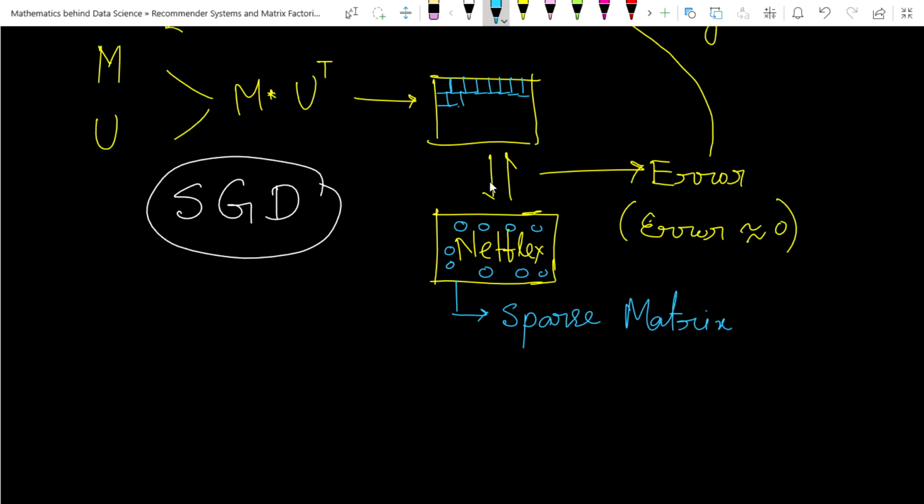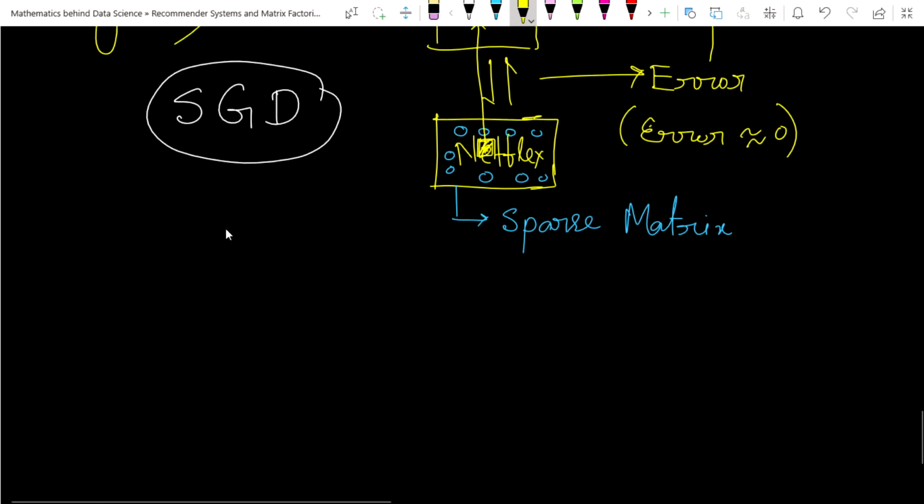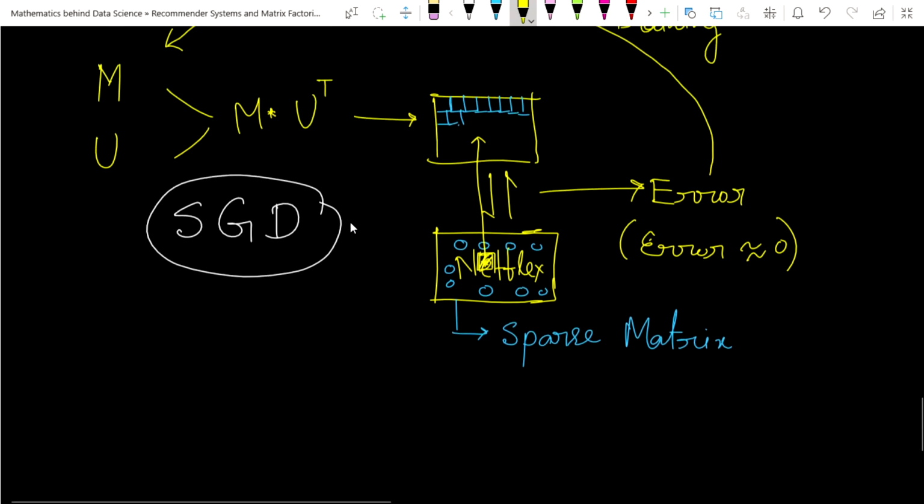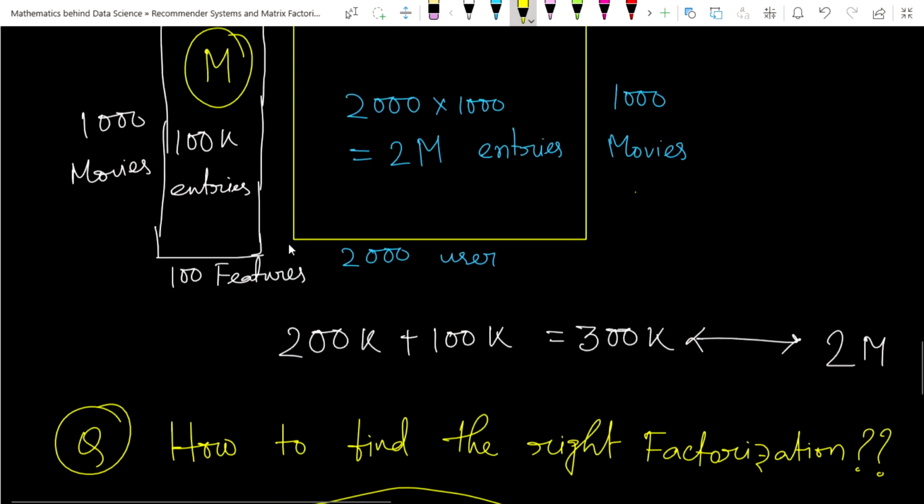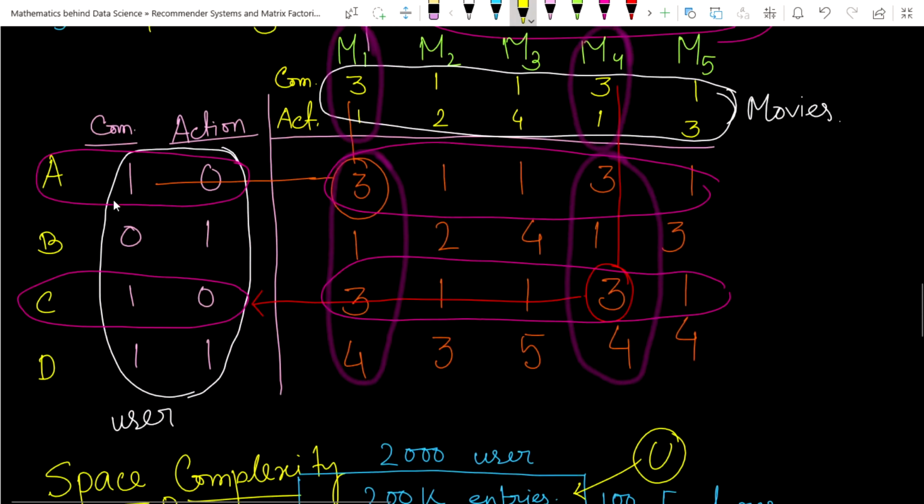So now we have to find the estimation error by using only the cells that have rating values. Some values here already have a rating, so we have to compare this value to this value. The error that we calculated, let's see in another discussion. That is the thing we have to find, and these vectors that we have built here